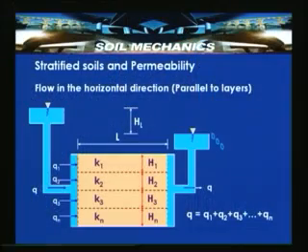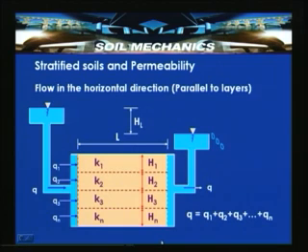So, let us now first consider how to find the equivalent coefficient of permeability if the flow is occurring in the horizontal direction, that is, parallel to the direction of stratification. So, flow in the horizontal direction means flow parallel to the layers. Let us assume that we have a permeameter in which n layers with coefficients of permeability